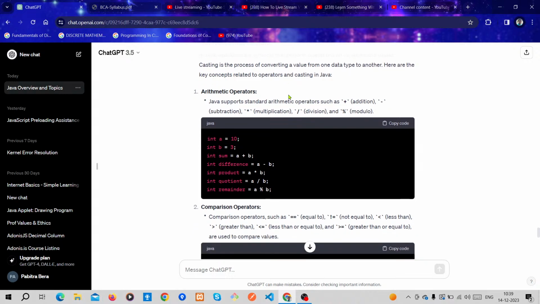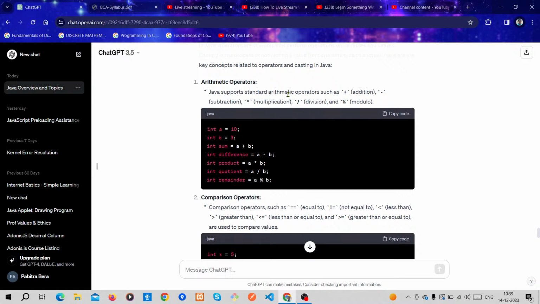Arithmetic operators. Java supports standard arithmetic operators such as plus for addition, minus for subtraction, star for multiplication, slash for division, and percentage for modulo. Modulo means that after doing the division, you get the remainder.